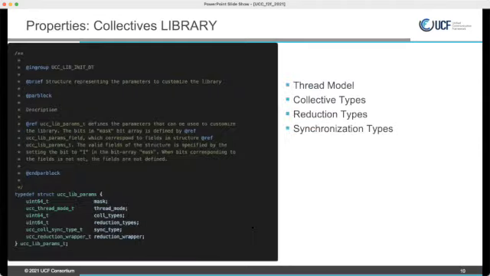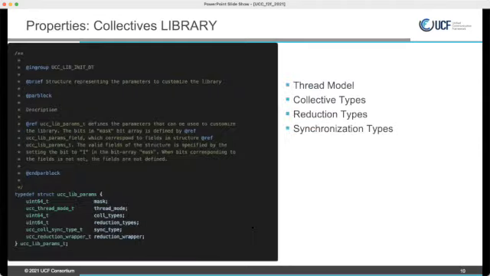So thread mode, right? It supports three different thread modes: single, funneled, and multiple. The user should use single mode when the user application has only a single thread. And the user should use funneled mode when the user has multiple threads and only one thread is calling the UCC library.